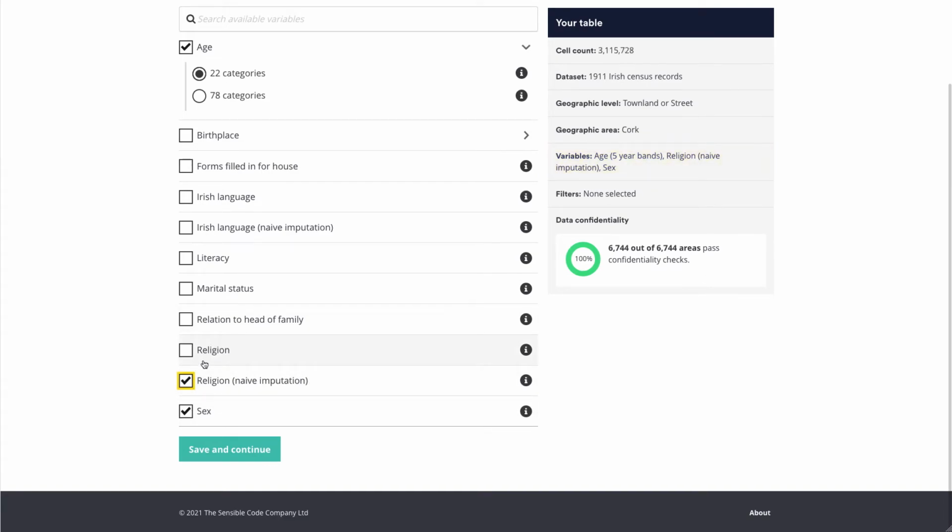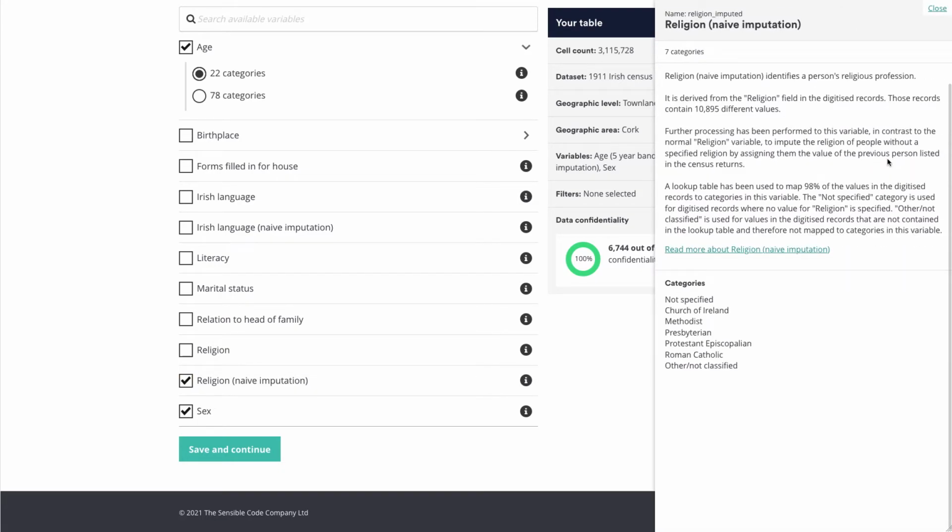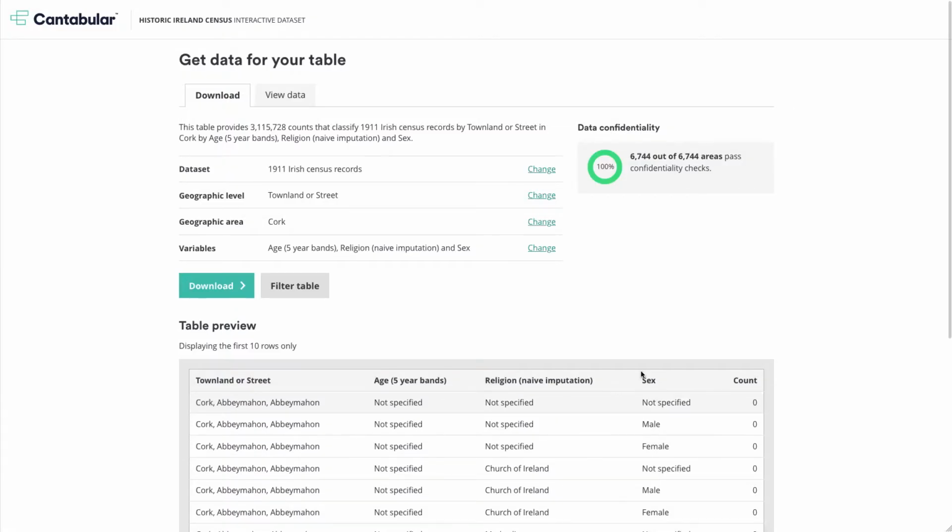We have two religion variables. You'll see I've chosen this second one. This second religion variable has had some imputation applied. And again, there's a bit of detail about it here, but we could also click through to the methodology document that has more information about exactly what imputation we've done there. I'm going to save and continue, and I can see I've now built my table,